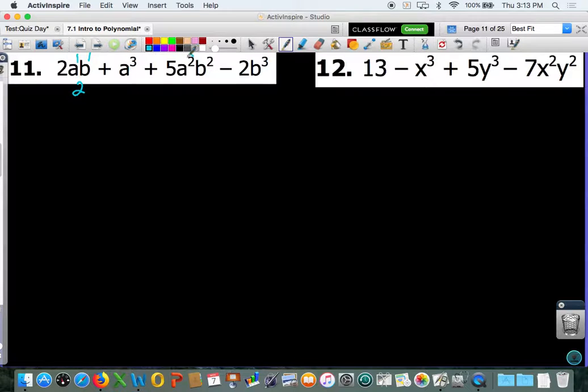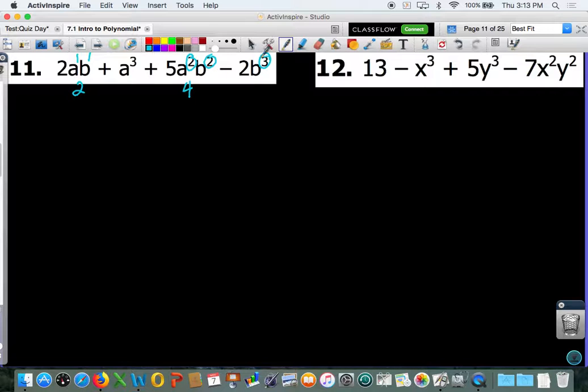I've got a squared, b squared. This has a degree of 4. These add up to 4. And then I've got b to the third power. So, first thing we've got to look at, we have to look at the highest